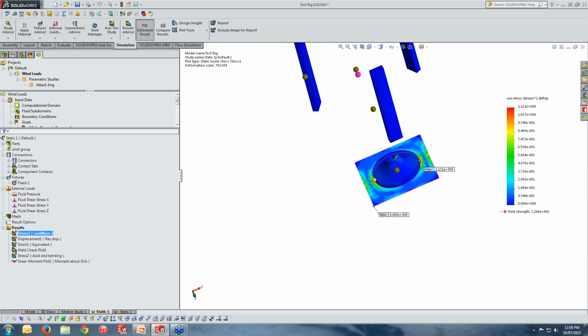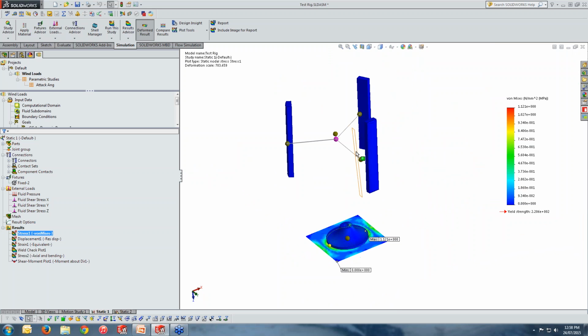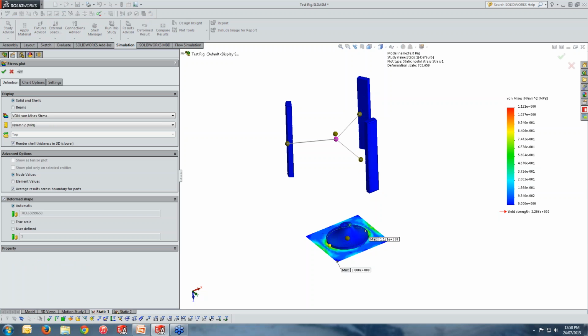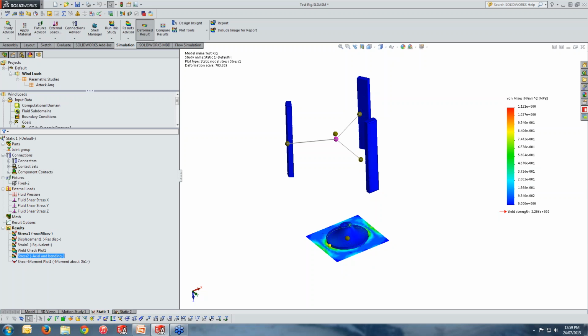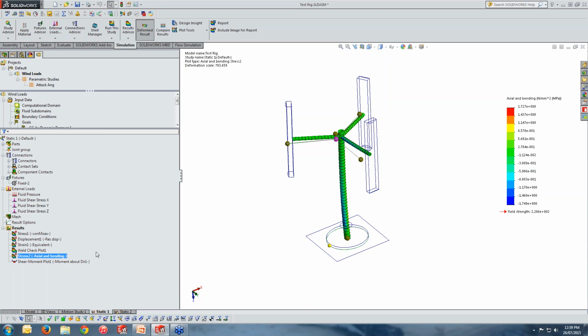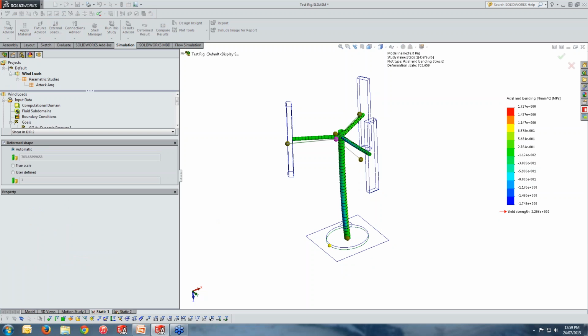So you know when you are doing stress analysis or FEA analysis on mixed shell and solids, the shell stress plots are showing as they are, and you can definitely modify them to look at the stresses on the beams by selecting that one. And if you just do that, this is exactly what I get. You can see the axial and bending stress values is what I'm checking here. You can edit the definition, and go and select, for example, bending, torsional, shear, and everything else on your beam